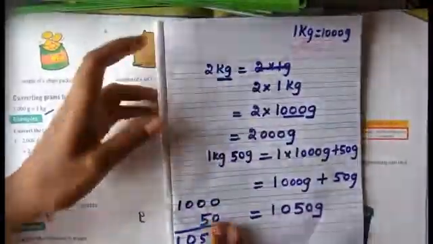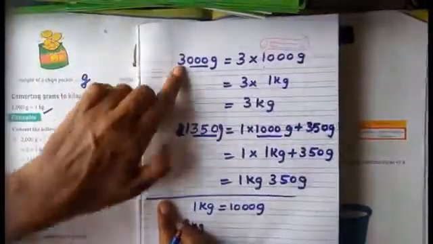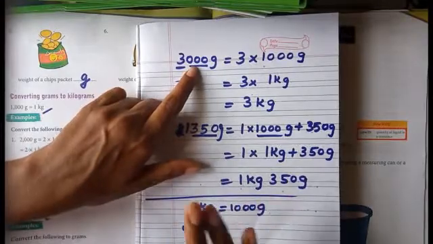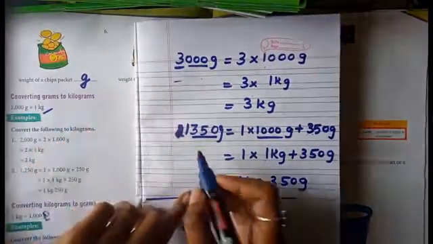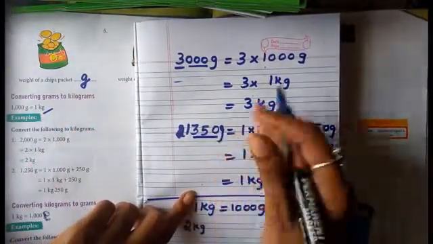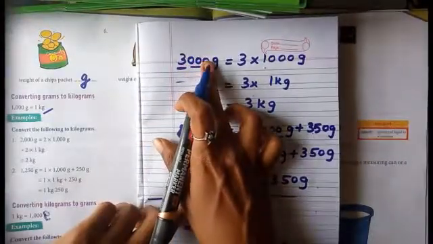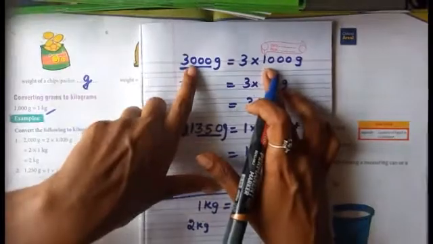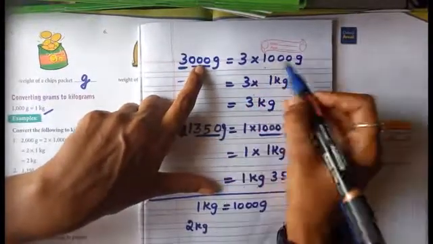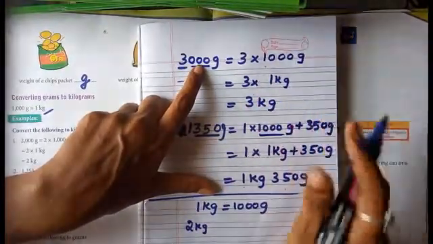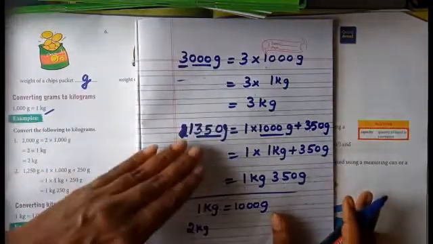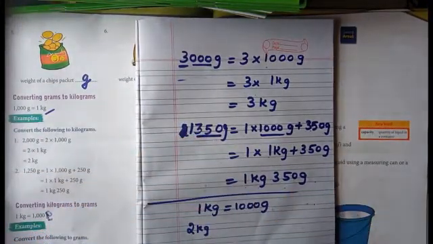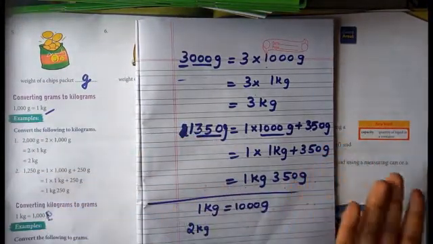See here, one is like this. Only the 000, like 1000, that will give. Otherwise, the numbers will be given. If it is 000, no need to write more. See here, 3 into like how many zeros are there, that one. Then 1000 grams equal to how many, that one you have to write. Then if it is a number, no need to worry about that number. Just you have to add.